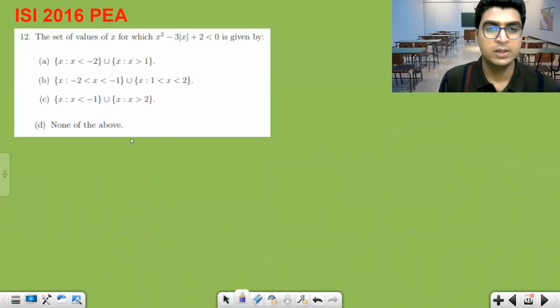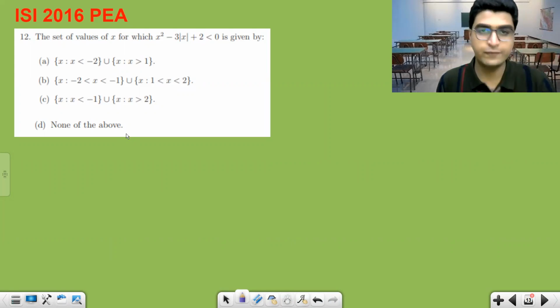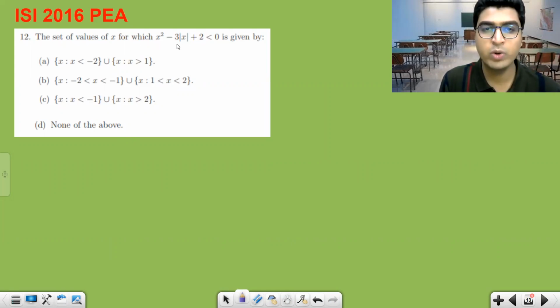Okay, the set of values of x for which x square minus 3 mod x plus 2 less than 0 is given by. So ये जो फंक्शन है ये स्ट्रिक्टली नेगेटिव किस रेंज में होगा, फॉर व्हाट वैल्यूज ऑफ एक्स. ओके,